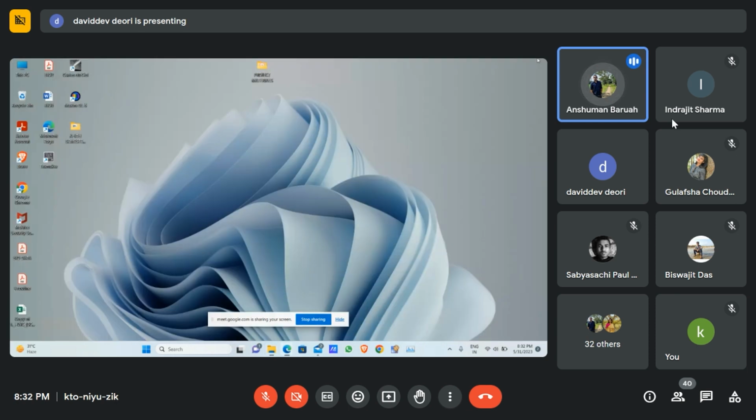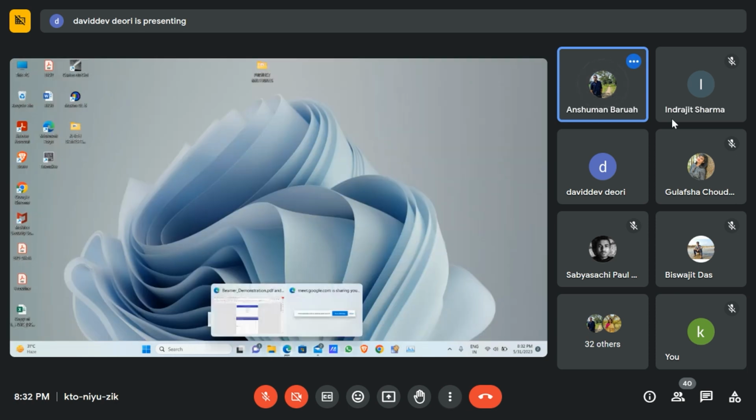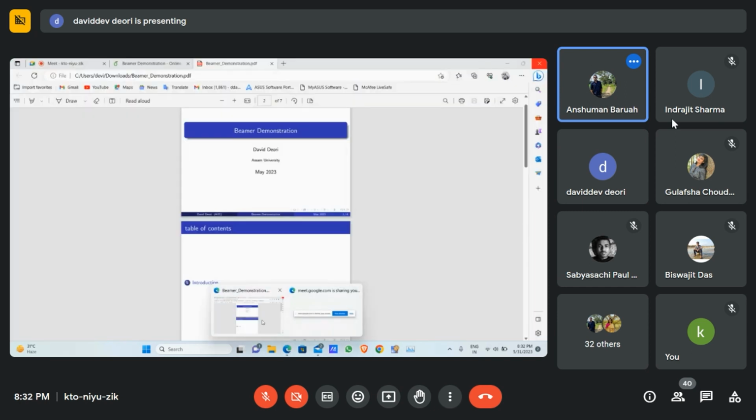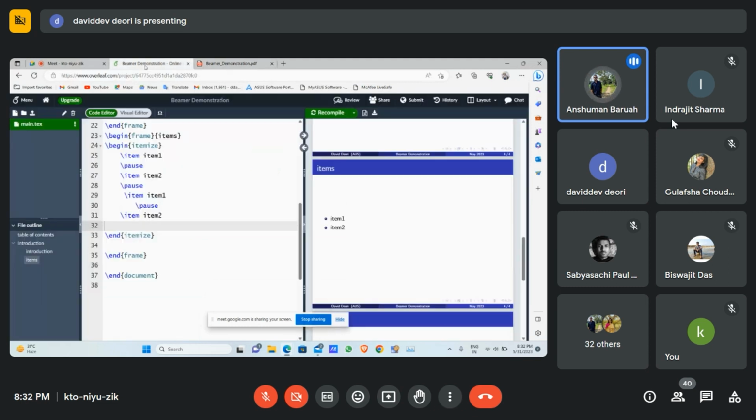Okay, so go back to your Overleaf. Referencing you have already learned. David, do you remember how to use references? Okay, I have one thing that I had left to do, but we will not get into that because